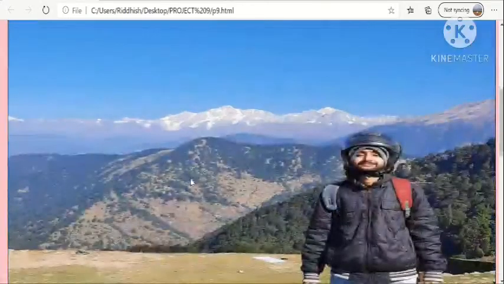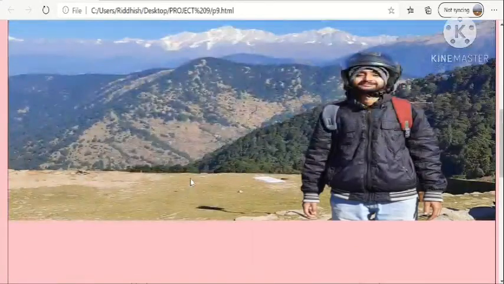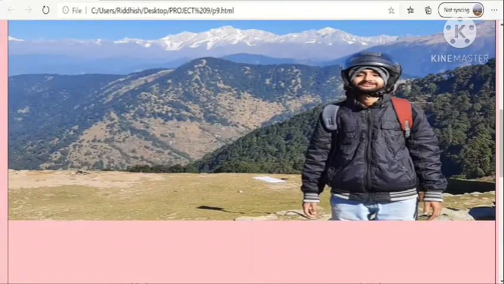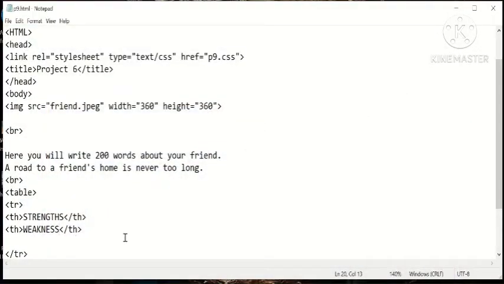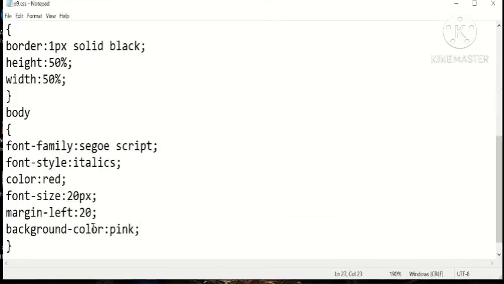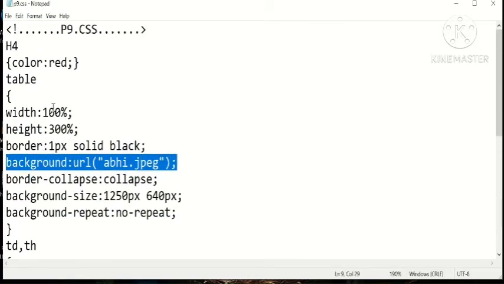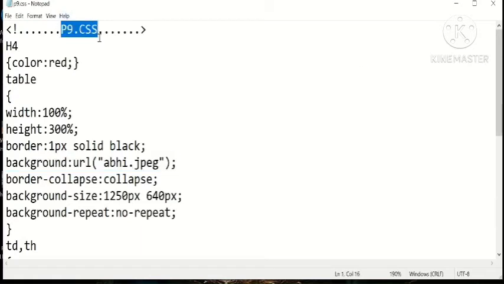Now you see, as soon as we have declared a table, a background image appears in the table as well. This we have given in the CSS file. This image we have given in the CSS file. And the first image above it, which appears above the table, is given in the HTML file.